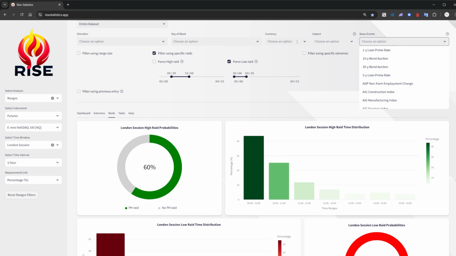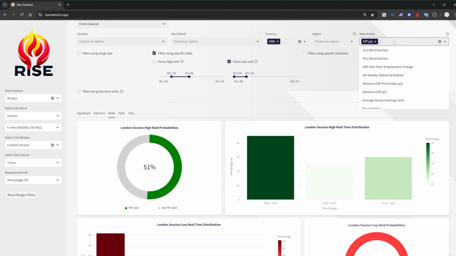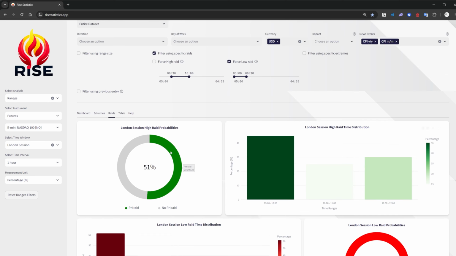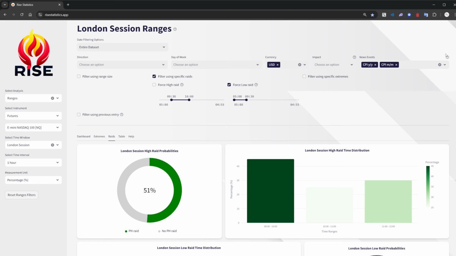So for example, what if we had CPI, right? And I want to know on CPI, and let's go a little more detail. Let's show our CPIs. I want to know on CPI. Well, hey, this number just went down by 9%. It is still a profitable framework to trade, but I understand that it happens less often on CPI, which doesn't surprise me because oftentimes CPI will just run on-side with price.